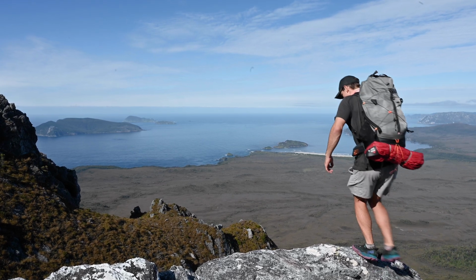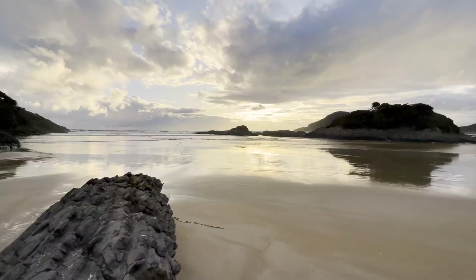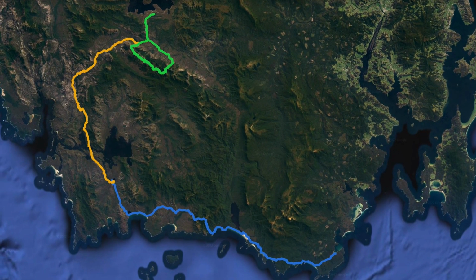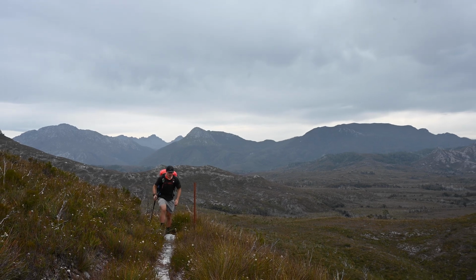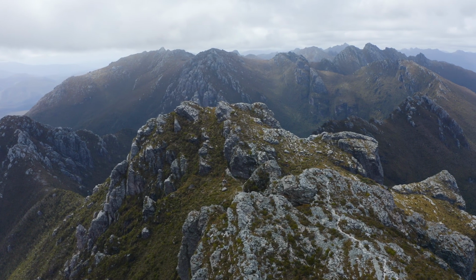The South Coast Track is an 85-kilometre coastal trail running from the remote settlement of Melaleuca to Cockle Creek in Tasmania's southwest. It would be the third of 3 multi-day hikes I would walk in a row after completing the Western Arthurs Traverse and Port Davey Track over the previous 8 days. The adventure so far had been both challenging and beautiful, and I had a feeling that would continue on the